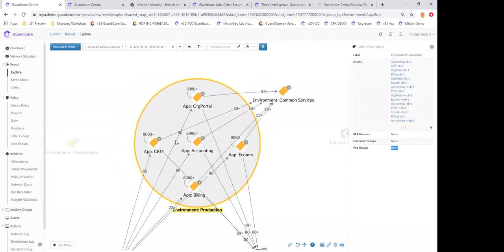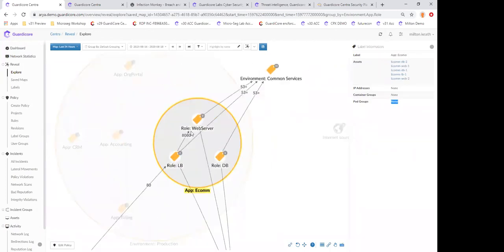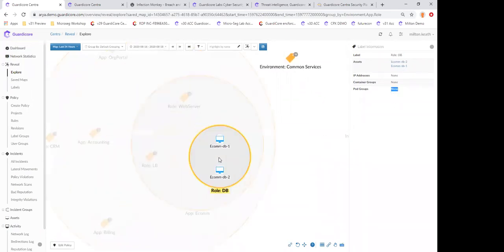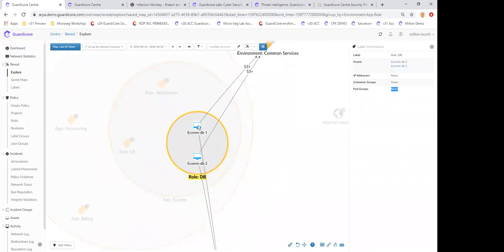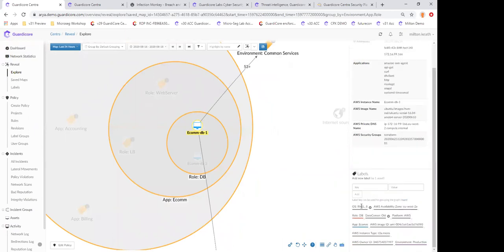When I go into the environment production, I can see the various applications such as e-commerce. As I go into the app e-commerce, I can see the various roles that make up that application. So I can see I have 1 load balancer, 2 web servers, and 2 database servers. As I dig into the role, I can see the individual assets. And as I click on one of those assets, I see information about it, but also I can see that I have other labels such as this is Red Hat 8. I can see the AWS tags that came in, but I'm not seeing that right now on the screen